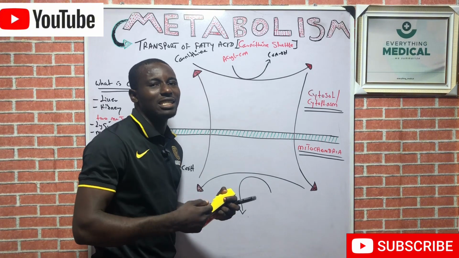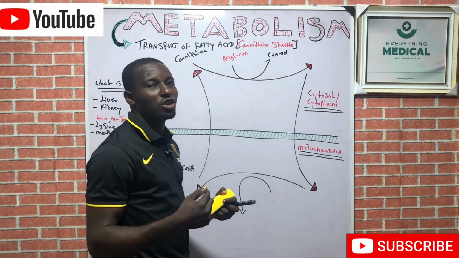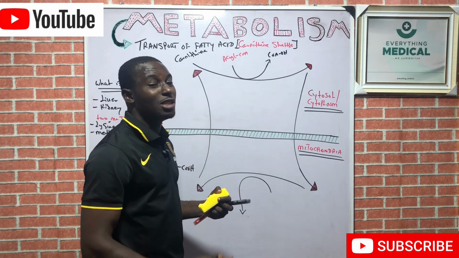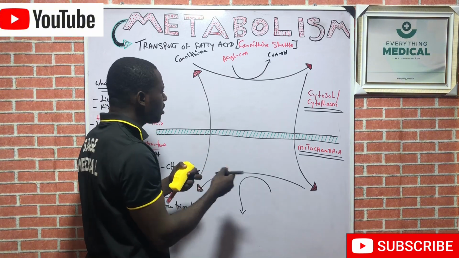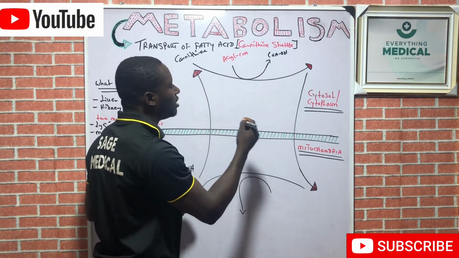Recall that fatty acid activation occurs in the cell cytosol. I've done it in my previous video. You can go and watch it and get the detailed explanation on how fatty acid is activated in the cytosol. So as you can see here, the enzyme responsible for step 1 is